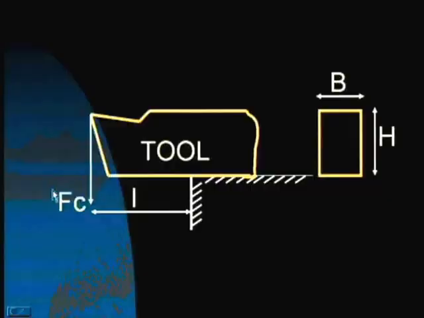So with this cutting force Fc, the overhanging length is actually supporting this force. By virtue of this force, a bending moment is applied on this cutting tool. So this length L, and the breadth B and height h, these two are also carrying the actual bending moment that is applied on the cutting tool.